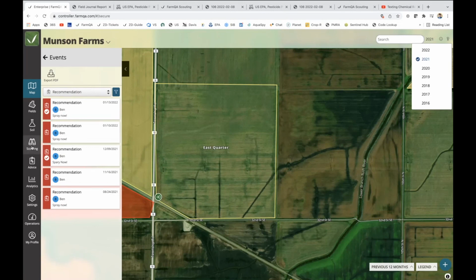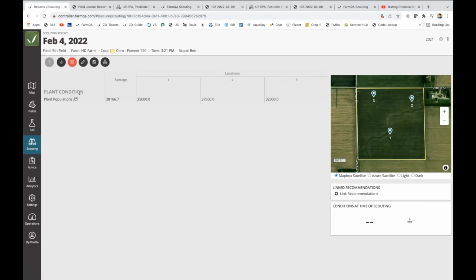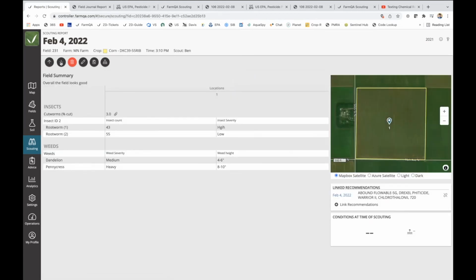One other thing as it pertains to recommendations is if you've got scouts that are out in the field and they do the scouting portion of the workload, you can then, as an agronomist, go in and visualize. Let's go to a report with more details. You can see what that scout was finding in the field, view their pictures, and then in addition to that, you can then use this